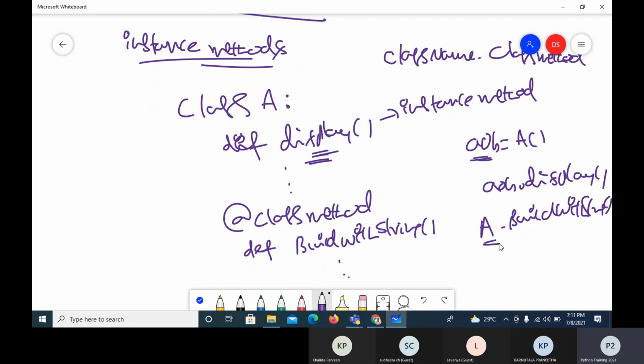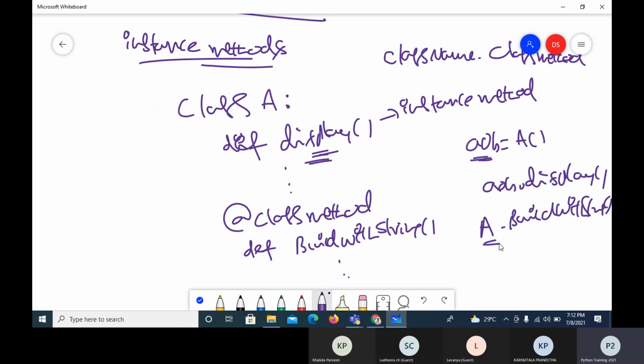So the methods we have seen till now are divided into two kinds. Instance methods are part of the class, and they are actually associated with the object, so we use the object or instance to call them. A class method is not associated with the object. It cannot use the properties of the object, but it is used to build the object. That's why it is called a factory method. A factory is used to build or construct or manufacture something. Here the factory method is the one which manufactures the objects. So that's why it is called a class method.